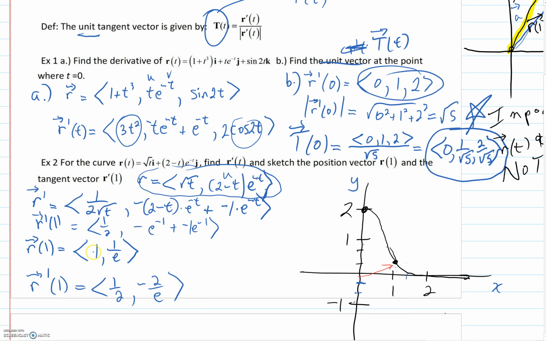R of 1, well, if I gave you 1 comma 1 over e, that's pretty close. If e is about 2.718, e is pretty close to 3 then. So we've done that a lot in the past. It's kind of like saying it's 1 over 3. So you'd say go 1 to the right and just go up 1/3. If this is a 1, if we are going